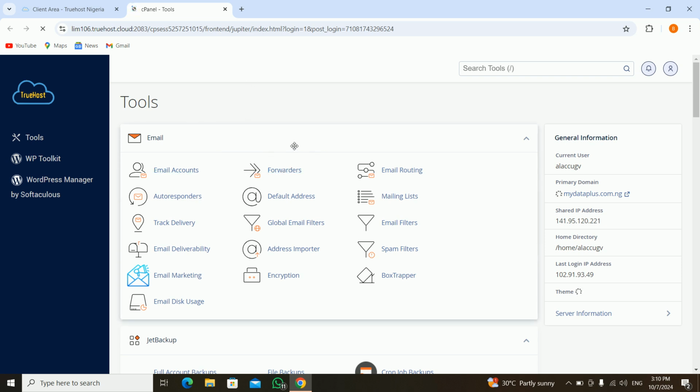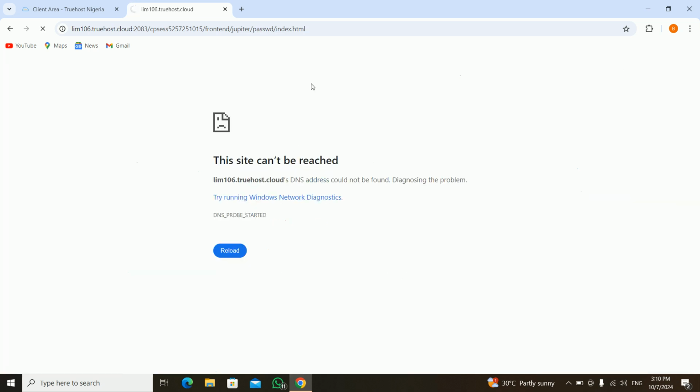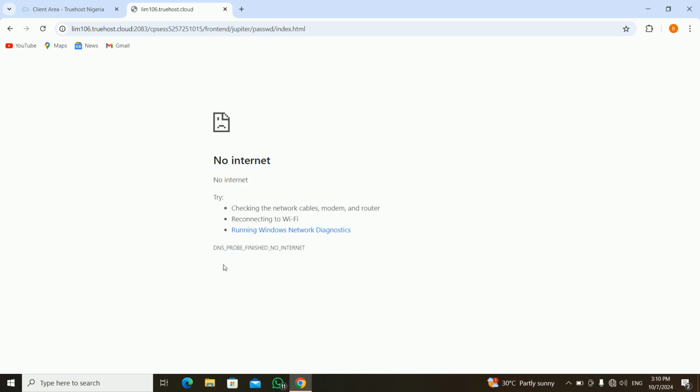So with that, like I told you earlier, it is the hosting that gives you the username and the password. This password normally will look like just some random numbers that will be given to you, like X, Y, 1, 2, whatever, like that. So if you need to change it,